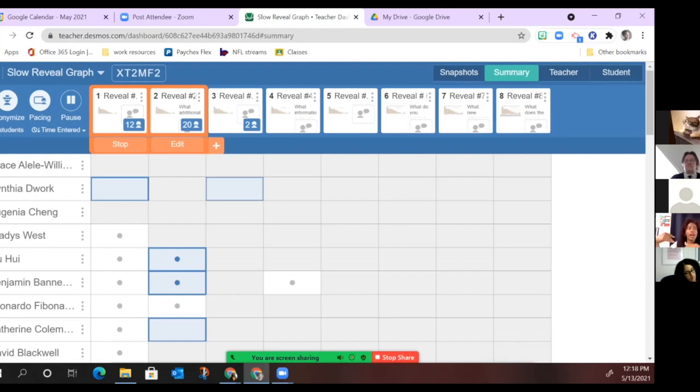As a teacher, I can access ready-made Desmos activities, meaning there are things and lessons that were already made, or I can make them myself. I personally, Cynthia Bell, made this slow reveal graph activity because I like using slow reveal graph as an instructional routine, but I wanted to use it in Desmos. This used to be a Google Slides thing. I had it in Google Slides and I would have my students go through it there. But I realized that Desmos was a better tool because of these functions here,